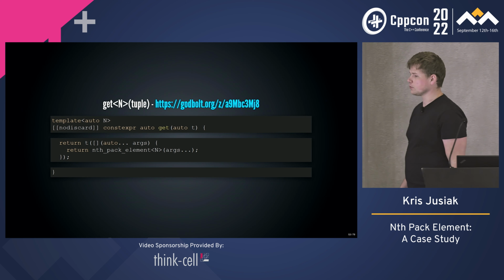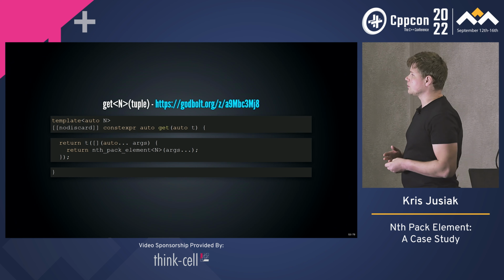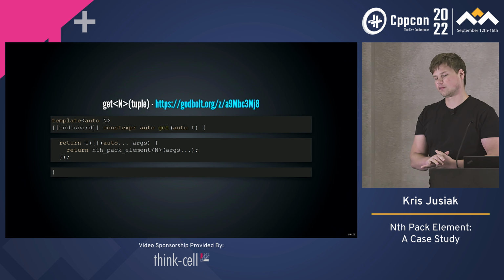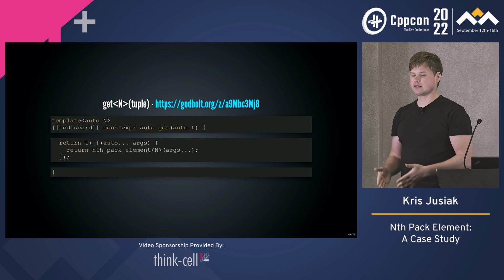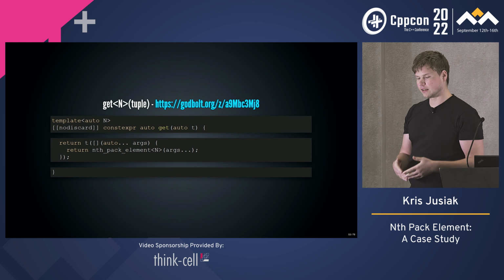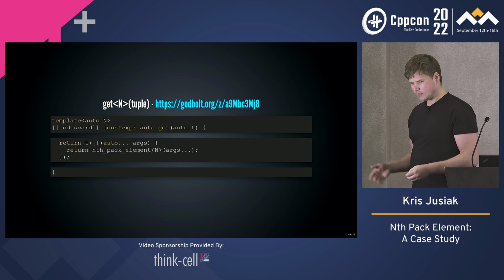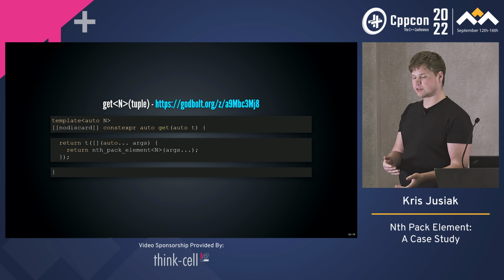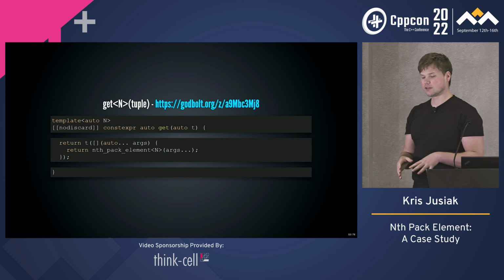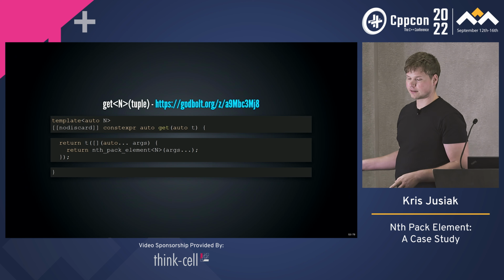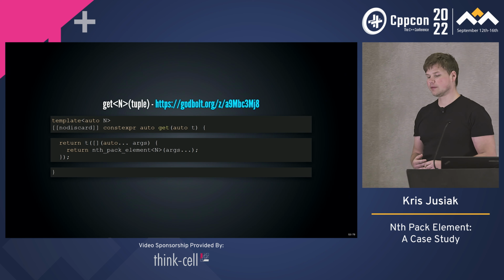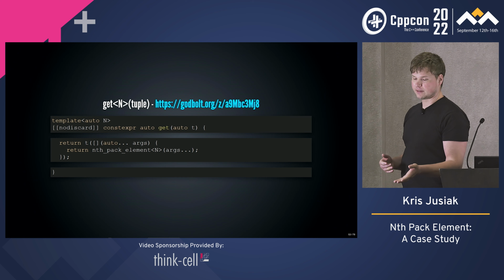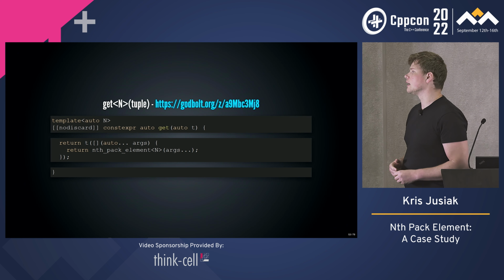So how do we do that? We have a get here, which takes the nth element and the t, and the t here is the function. The function will be called and we expand it with the args..., and after that, we call the nth pack element of n, args.... So that's how we can implement the get. We still need the nth pack element because we are in the variadic pack space, and we have the n. But the tuple is actually quite simple and